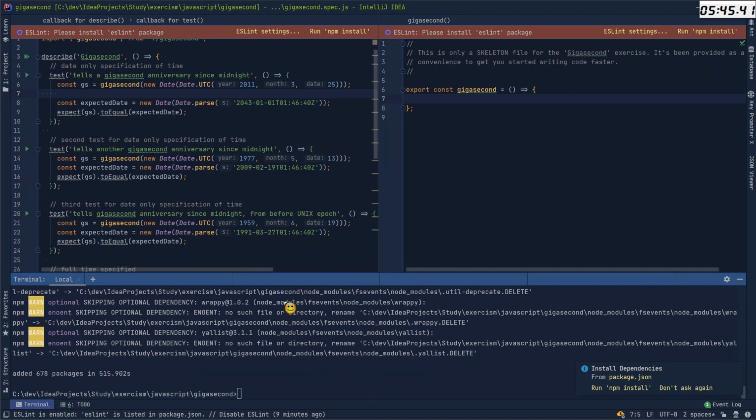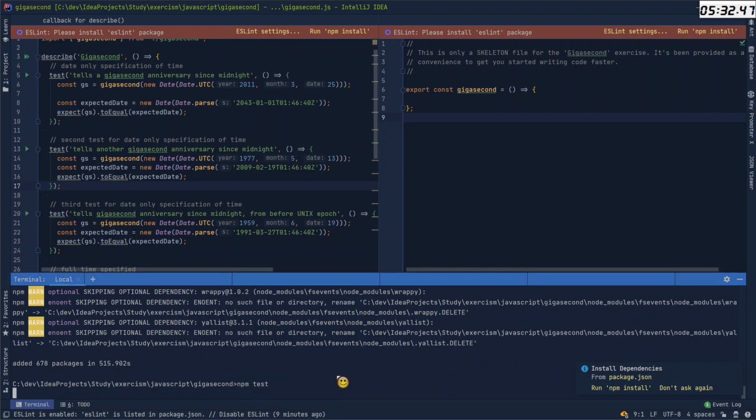Oh, no, it's going faster. Oh, and it's completed. Cool. So, I should now be able to run it. npm test, go.